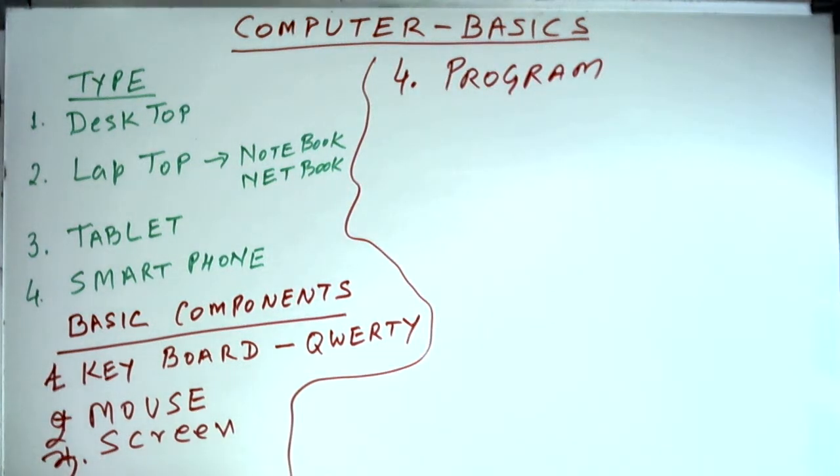Now program is something which may not be visible. Of course, you may have a disk on which there is a program, but without program, the computer doesn't work. The difference between all other machines and computer is that it has this component called program, and that is the reason a computer can do many things. It can work as a typewriter, it can work as a book, it can order food for you, it can order your television screen, it can pay your bills, you can listen to songs, you can talk to your friend, you can email your friend, you can do your typing work, so many things.